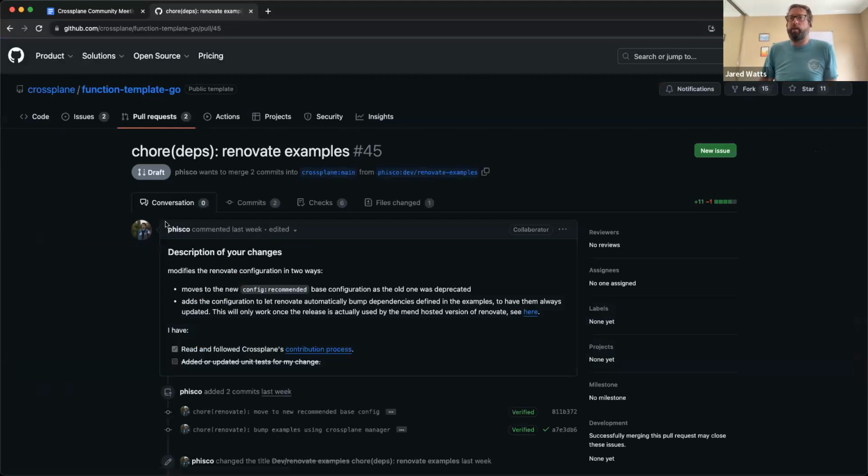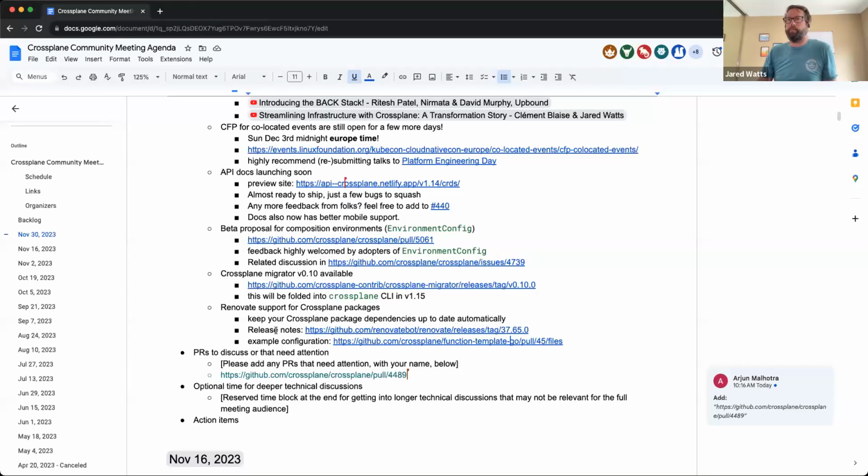I think this is definitely a nice augmentation to the existing package manager dependency management. In your GitHub repositories, you can just keep those up to date automatically now, one less thing to worry about. So thanks, Philippe, for that. Even though you're not here today, your contribution is appreciated.